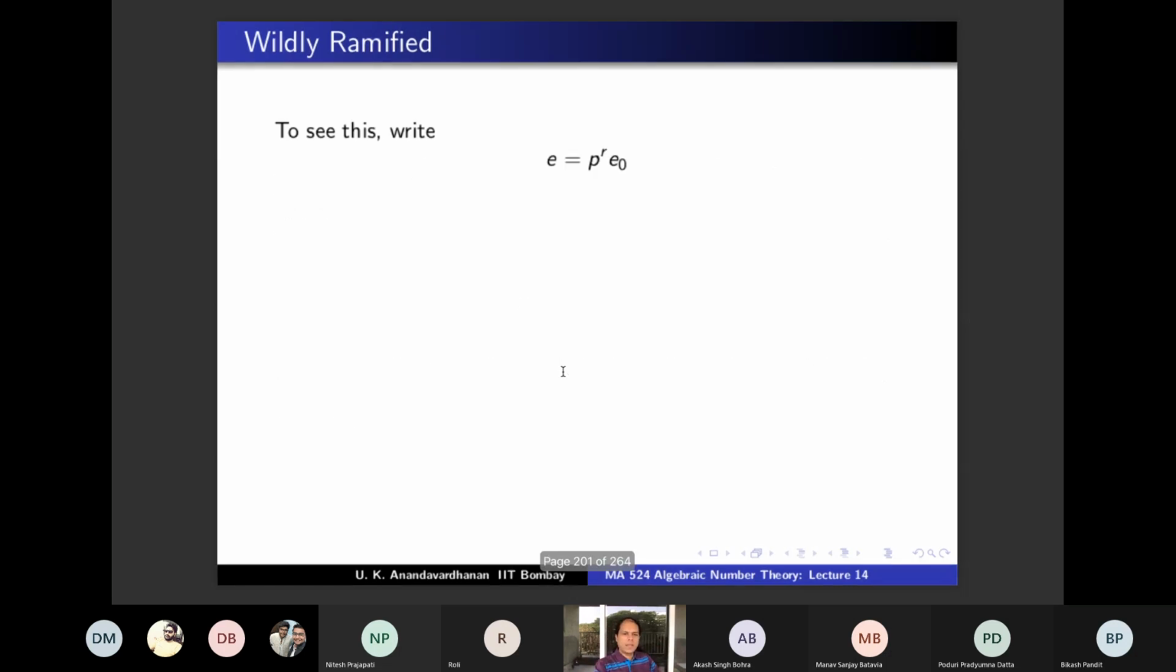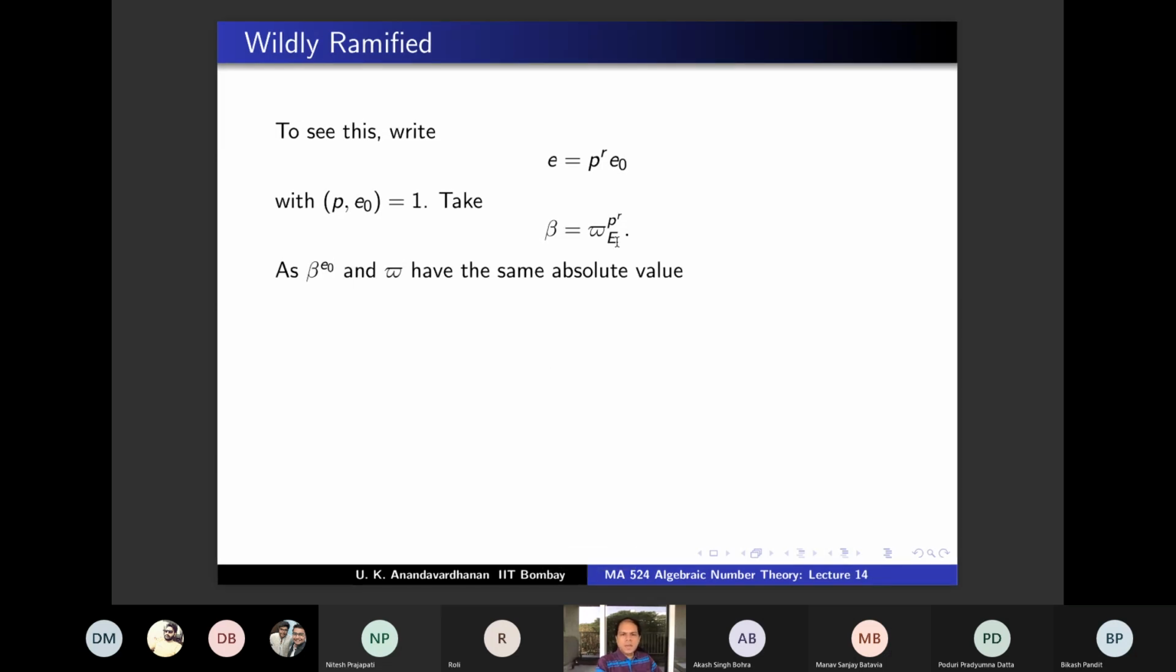Okay, so let's prove that. To see this, write e as you take the maximum power of p outside, e = p^r e_0, where e_0 is coprime to p. Take beta to be the uniformizer in E raised to the power of p^r. So beta has the property that beta^e_0